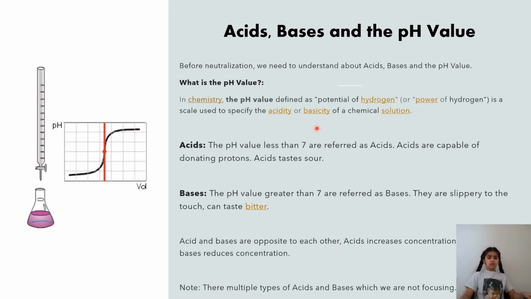Okay friends, but we'll explain what are acids and bases. So what are acids? Acids, the pH value less than 7 are referred to as acids. So friends, the pH value less than 7 means like,